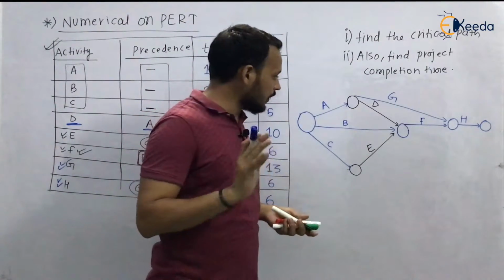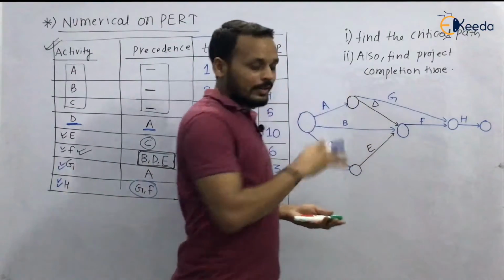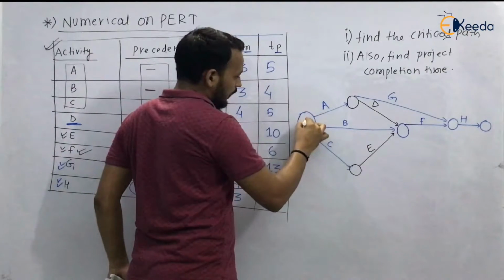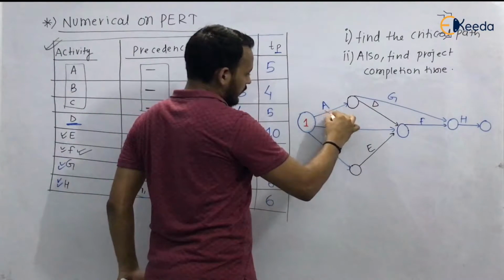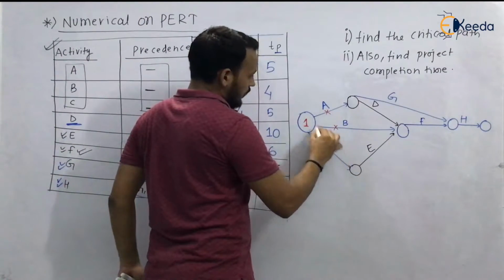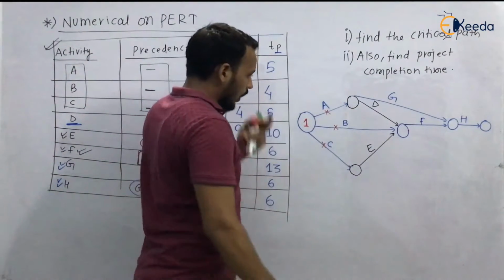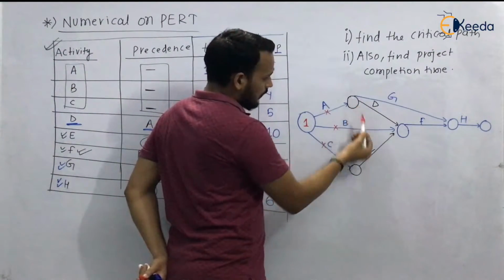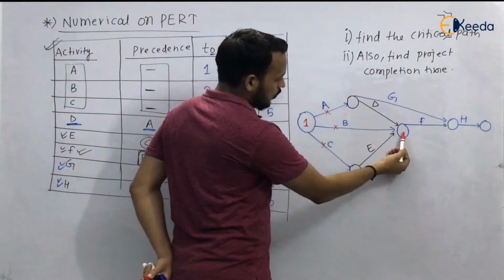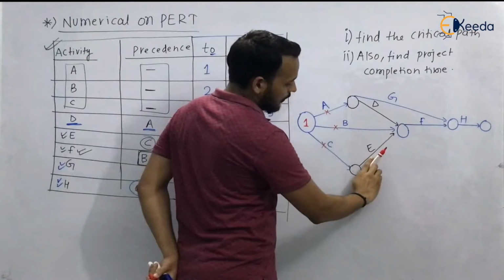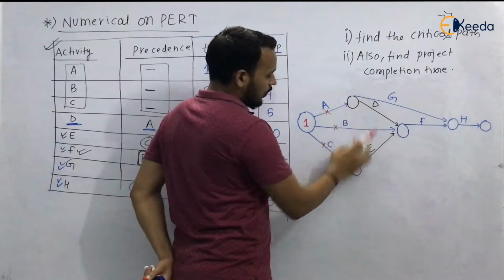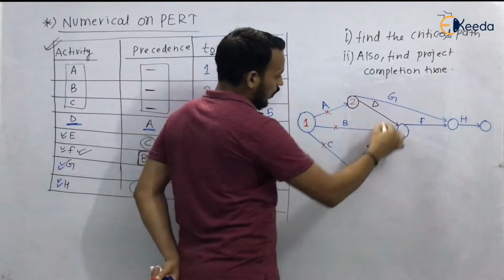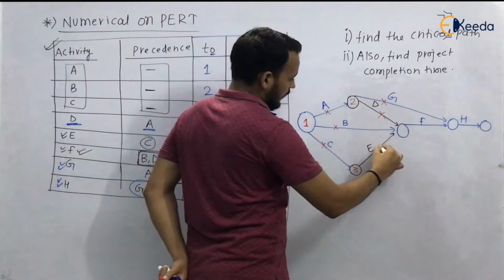But if you want to name it, then let's name it. Look, the first one we will name 1 because there is no incoming activity to this node. Now cut all the activities, that is cut A, B, and C, which are originating from the named one. Now look at this node and this node. These two nodes do not have any incoming activity, but this other node has incoming activities D and E. So we will name this one, since it is present at the top, 2, and this one 3. Now cut all these activities.